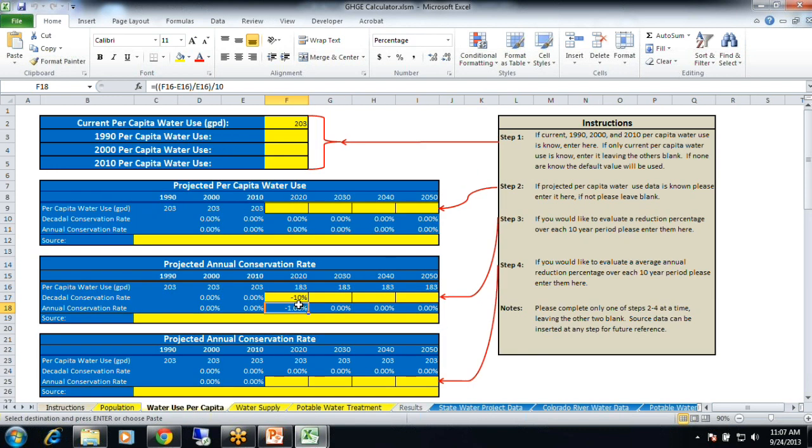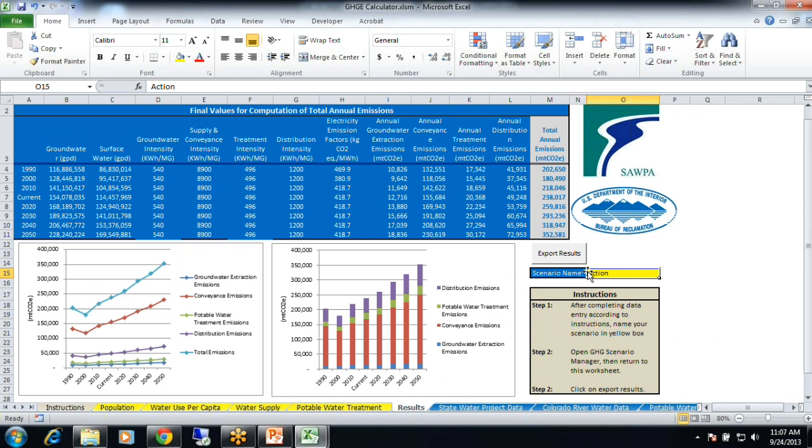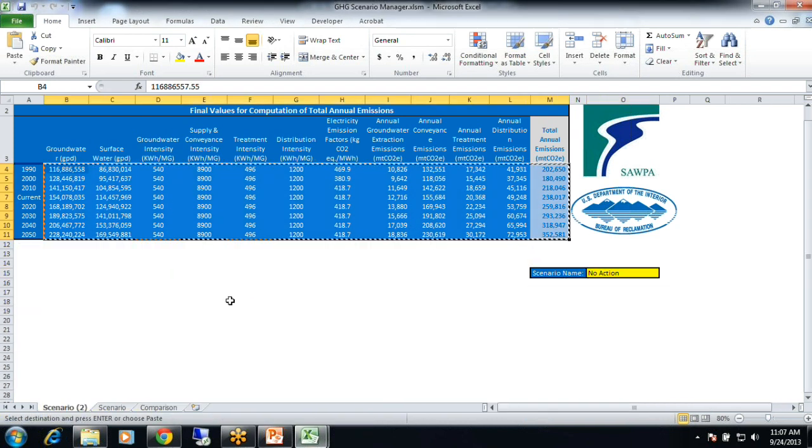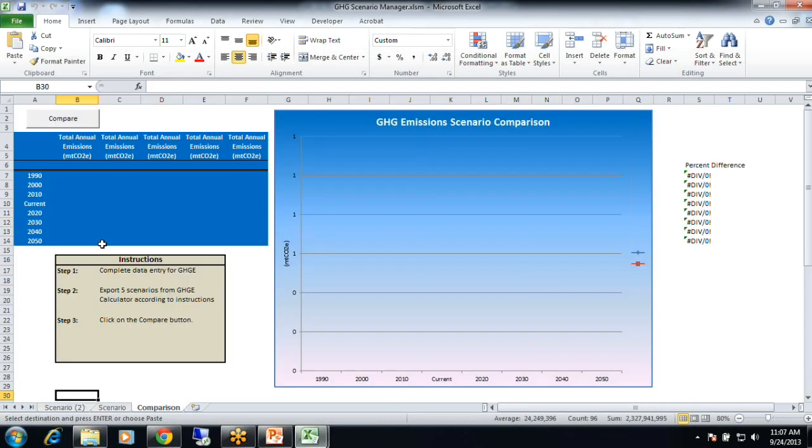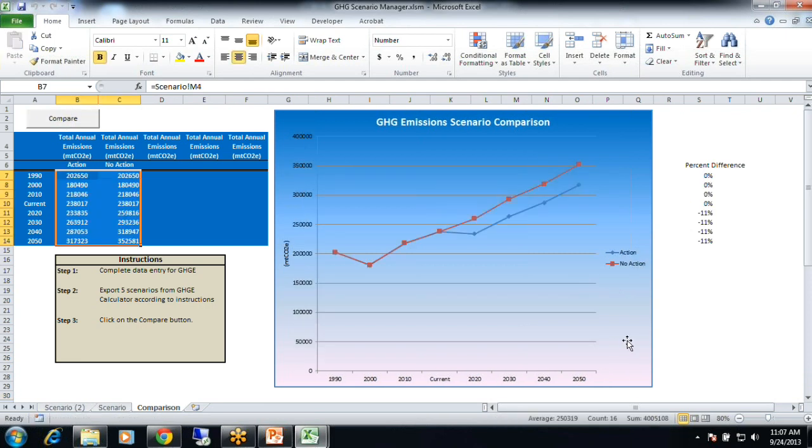Export your no action scenario. And then compare the two of those. Go to your comparison tab and hit compare. And you'll see, okay, well, there is a difference.